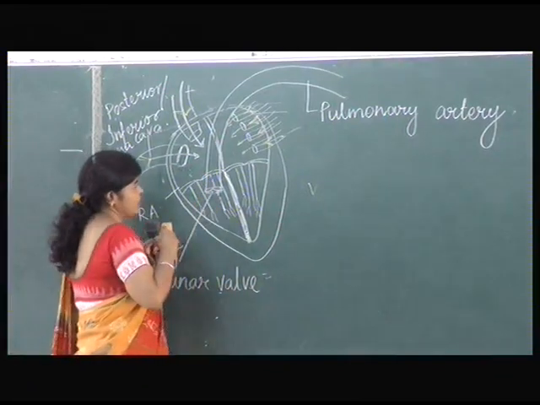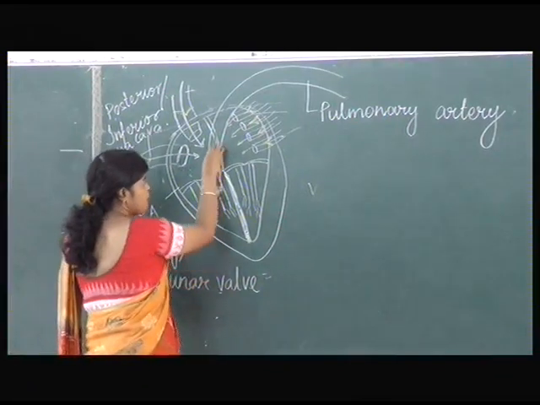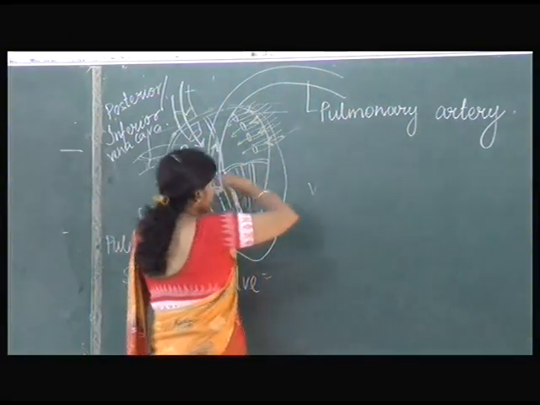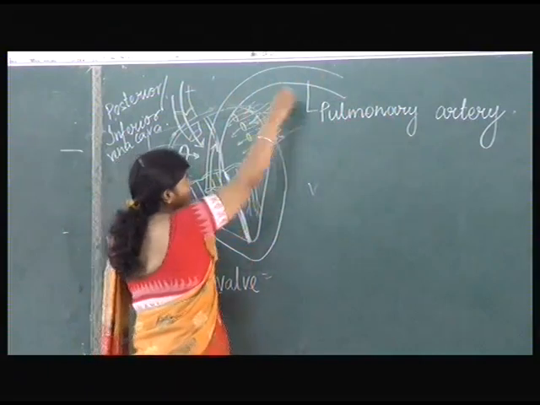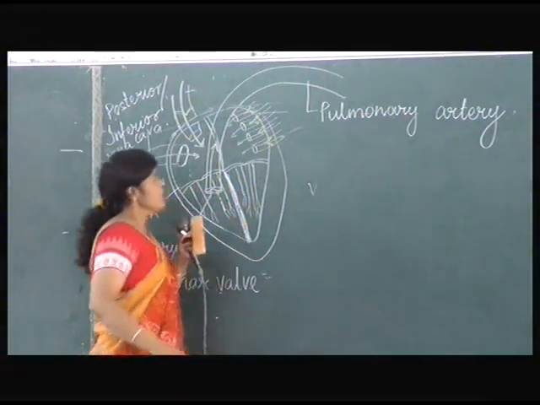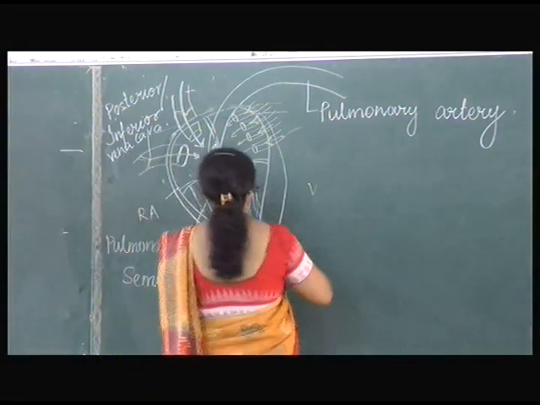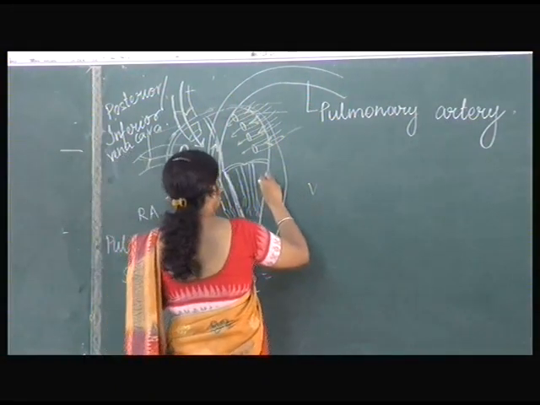Now here blood is moving out from the heart. Is it clear? The blood is going out of the heart. Blood is being carried away from the heart towards the organ, so it has to be an artery. Is it all right? And the last artery we are talking about is this one.